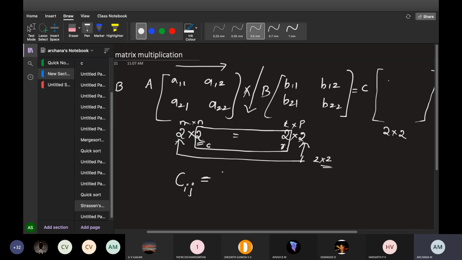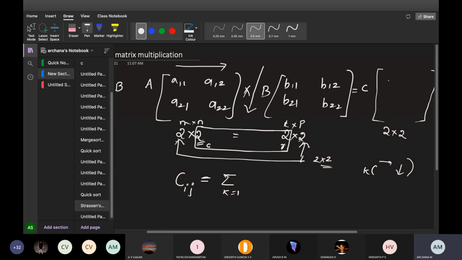This is just a mathematics equation. When you consider two matrices and multiply them, you get a resultant C of ij, that is sigma of k equals 1 to n. We take this as k because we will consider one more loop, the k loop, to multiply the rows and columns. This is just an equation, that's all.